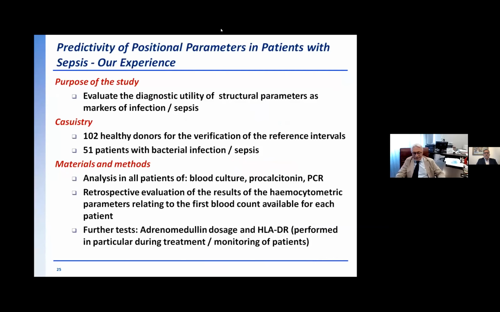Further tests were carried out: adrenomedullin dosage and HLA-DR, performed in particular during the treatment and the monitoring of patients with a reduction of HLA-DR. So